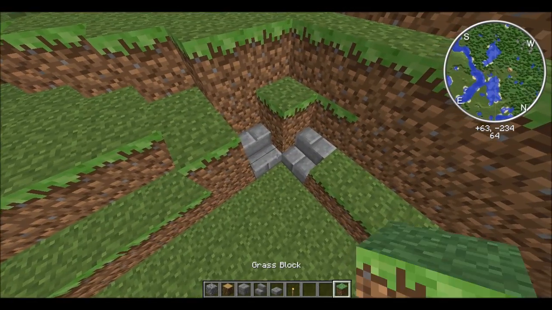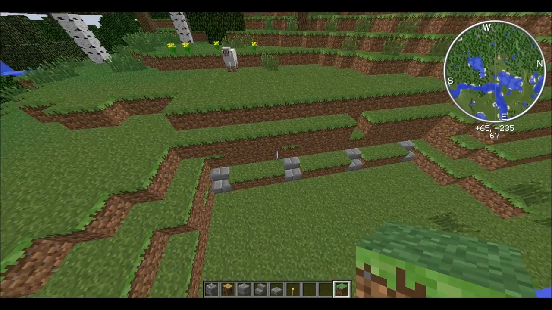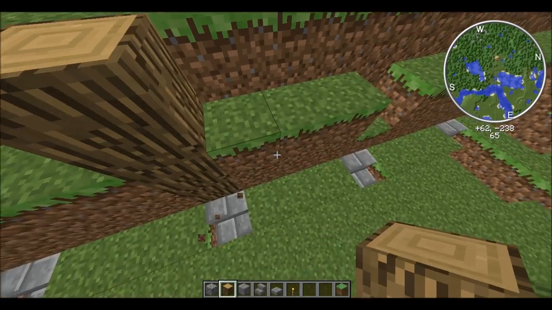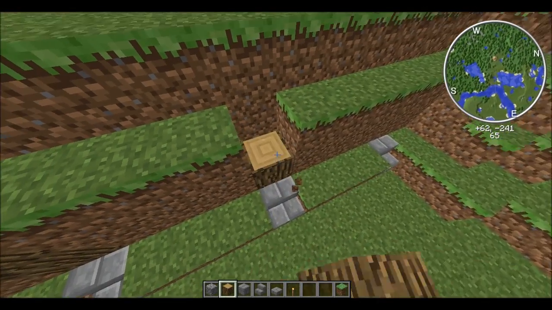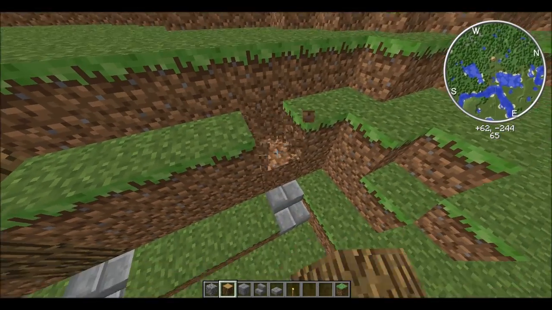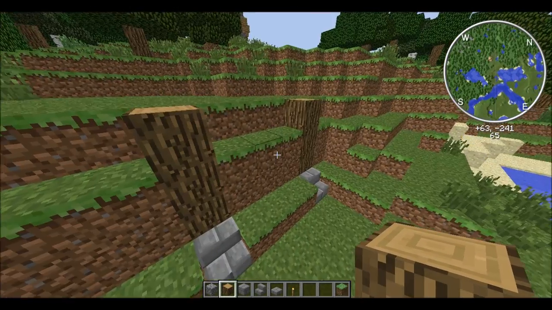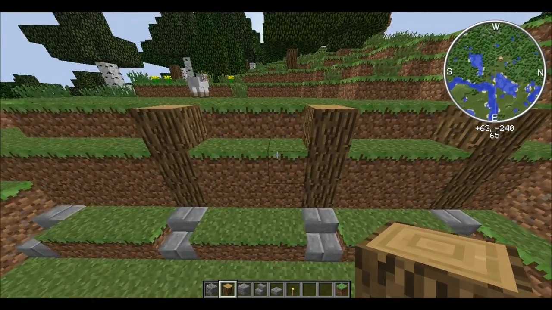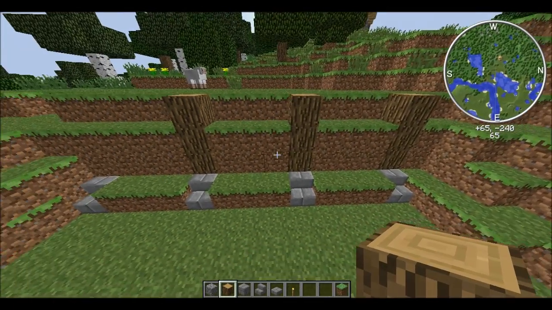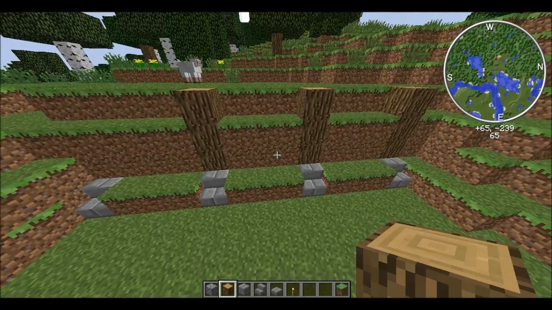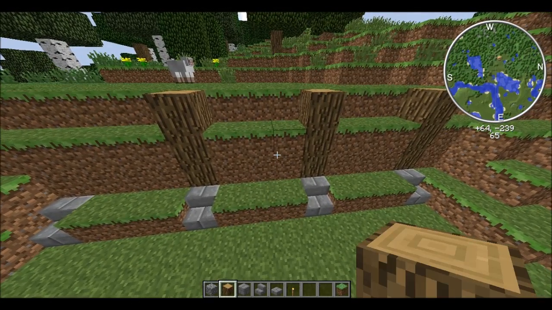So I'll show you more of the design here in just a sec, but basically behind these stairs go ahead and build up 3 high oak wood posts like this basically. And once you've done that, basically what we've got now are basically separators, and between there is going to be wall, and then if you want to, you can make it a staircase between there instead of a wall, and I'll show you that towards the end of this wall design.